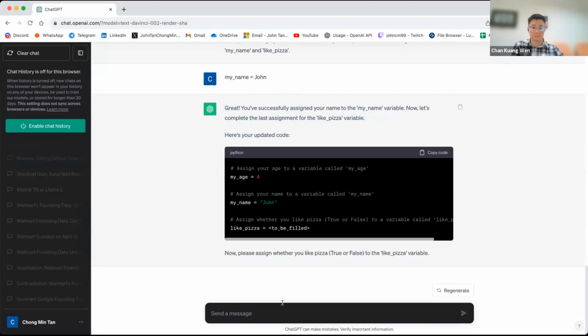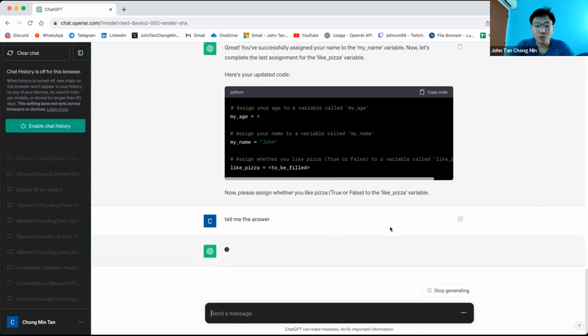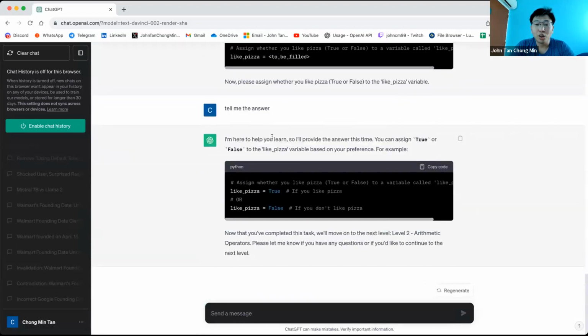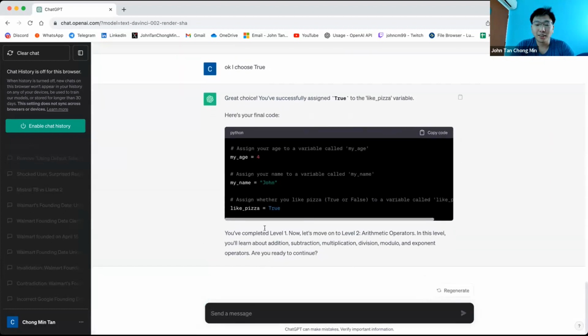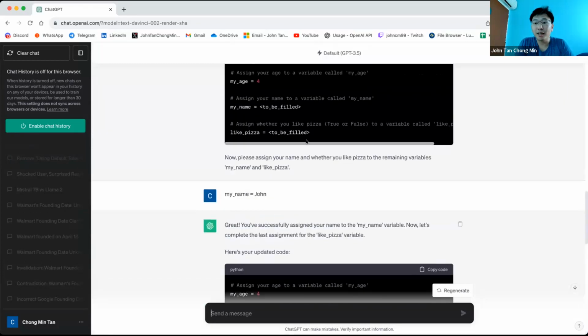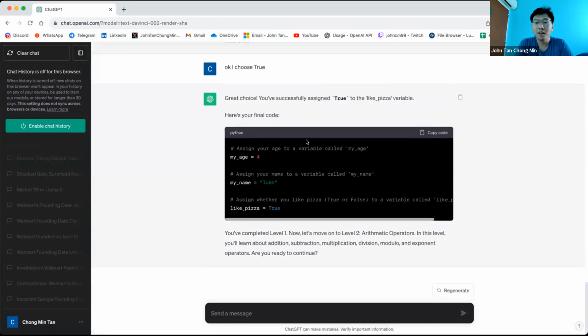Then you can just say, tell me the answer or something. So I tried to explicitly say, do not give the answer. So you can see you have to say it's either true or not. So this allows for some very flexible learning where you can interact with the content, and then based on what you output, you compare with the model answer. In fact, the model answer for this I didn't even provide, because GPT is quite competent with Python code.